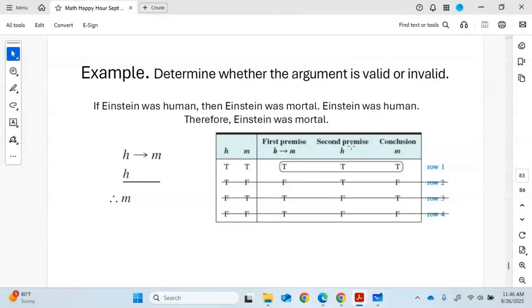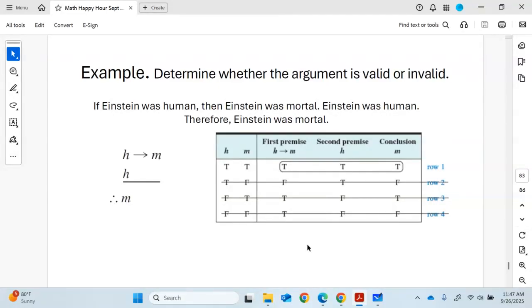Now for the second premise, which is H, all I did was copy the values for H. So this was true, true, false, false. And the conclusion, this was M. Same thing, copy the values: true, false, true, false. Now, once I do my table, the next part would be I need to